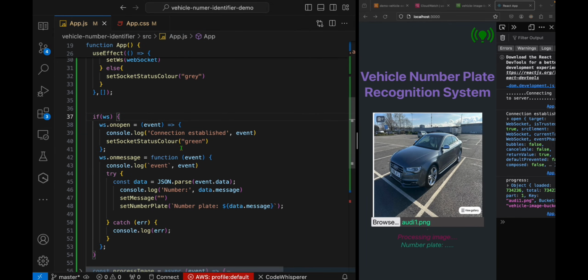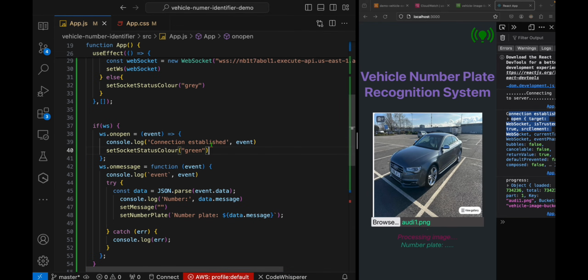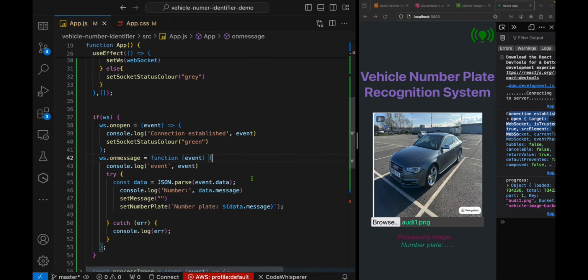Inside this function, we log the message connection established. You can see it in the console log at the very right side over here. Other than that, we set this icon to green color. The other function is